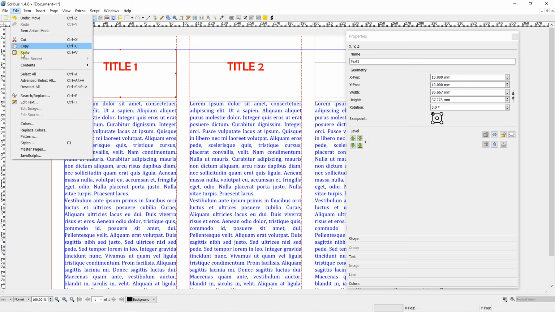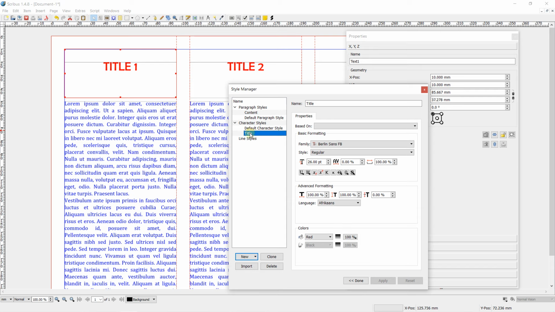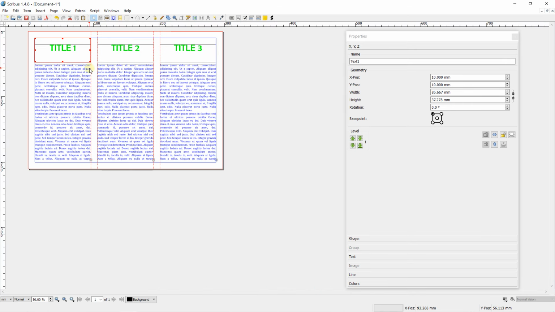I can come back on edit, style, and use title. I double click to edit that, and I think it's too small, so I'm going to increase to 40. And finally, I want to change also the color for green. I can click on apply and take a glance. It's going to be applied on all the titles with this style.